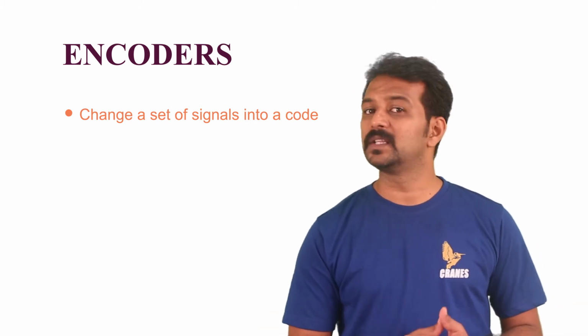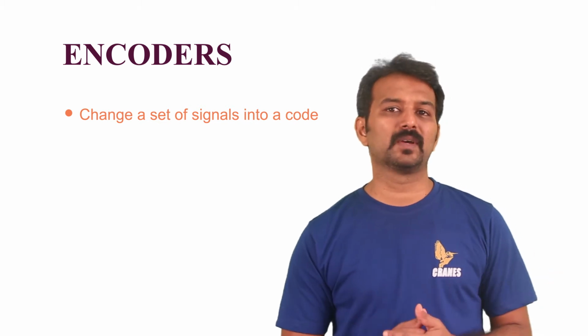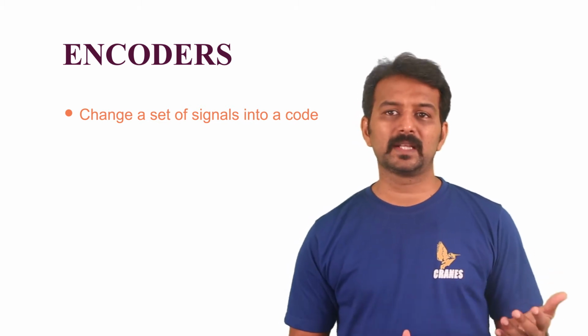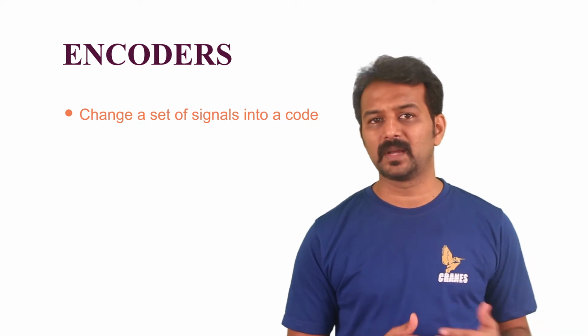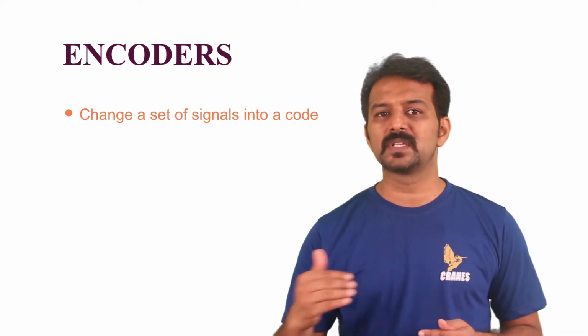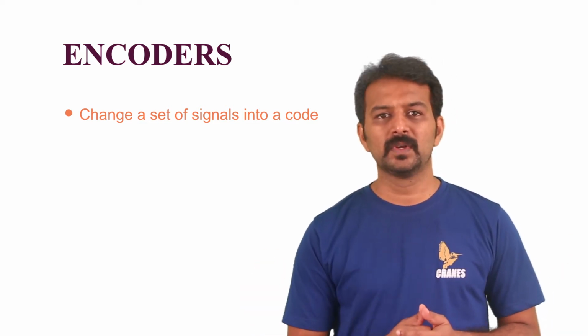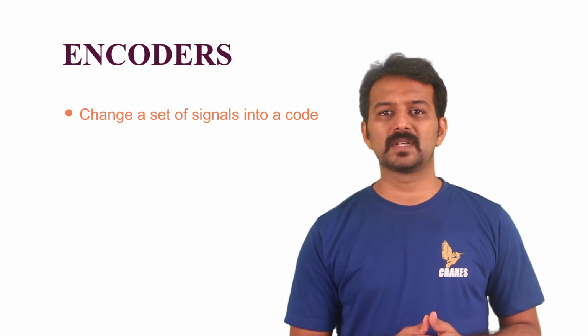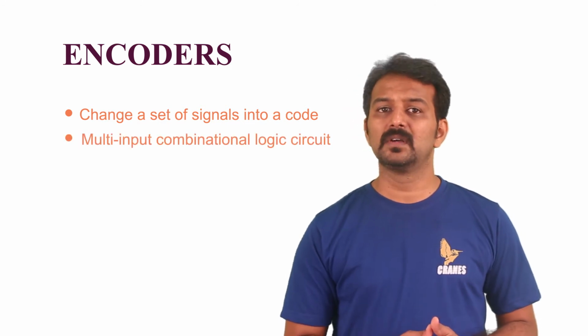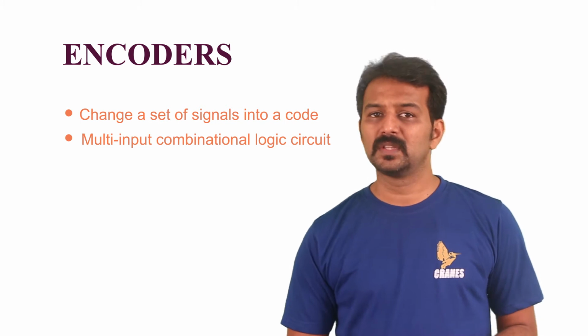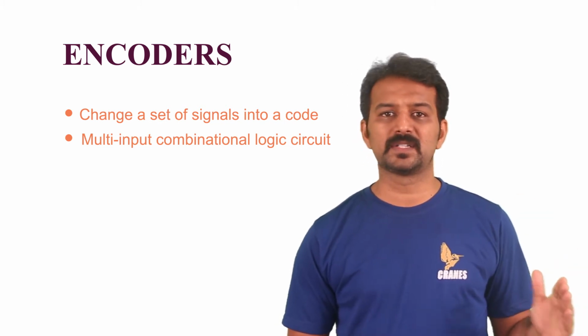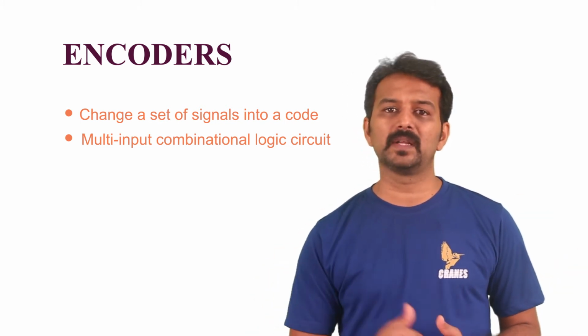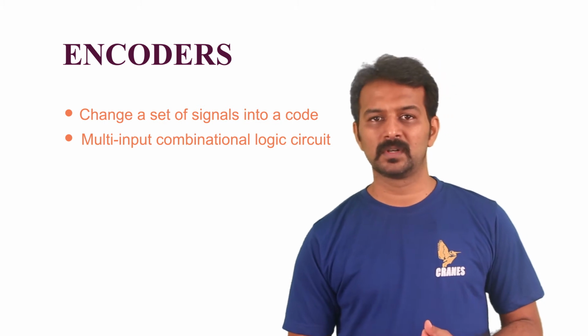or switch, a digital encoder, which is more commonly called a binary encoder, takes all its data inputs one at a time and then converts them into a single encoded output. So we can say that a binary encoder is a multi-input combinational logic circuit that converts the logic level 1 data at its input into equivalent binary code at its output.